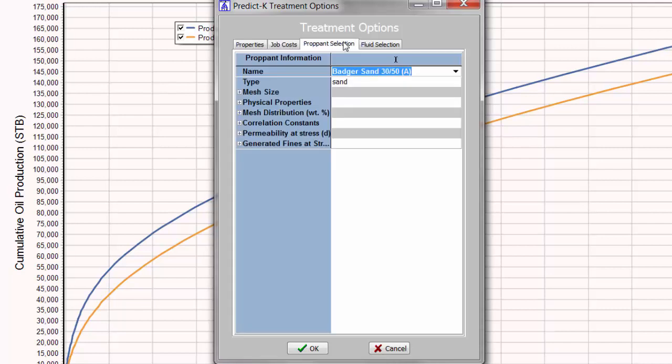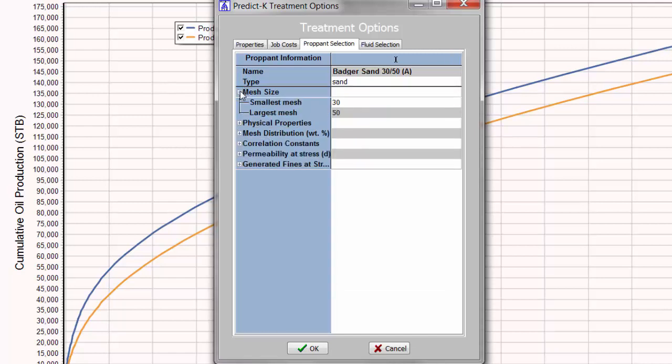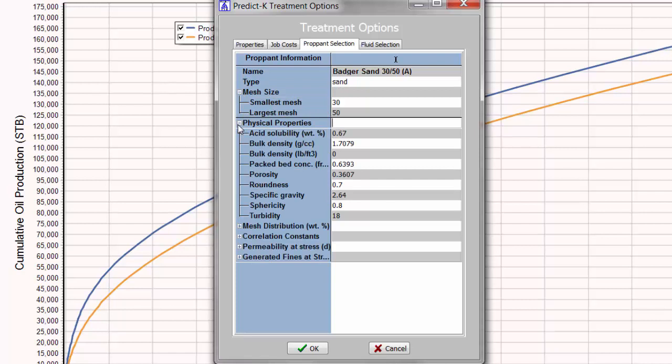The Proppant Selection tab allows you to change proppant or simply adjust the model parameters for the current proppant in use. Except for extremely advanced users who fully understand how and why other properties can be changed, most users should stick with only changing the mesh distribution to match the proppant that was actually delivered to the well site. The remaining sections contain a size classification, basic information from physical property testing that has little effect on the model,